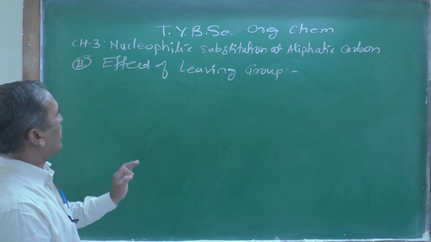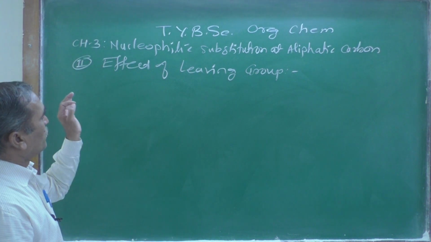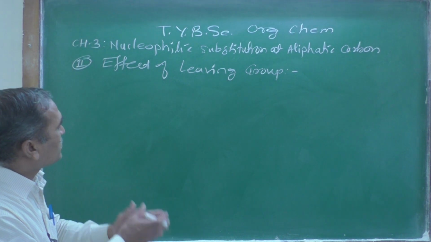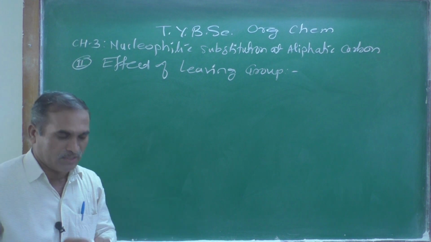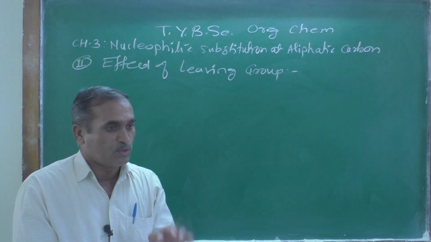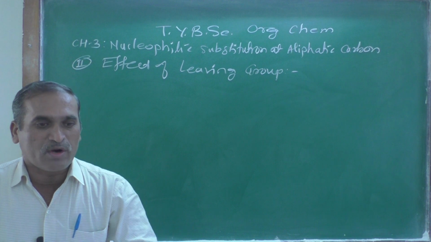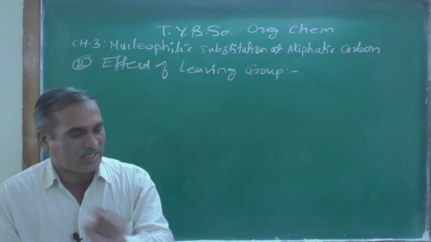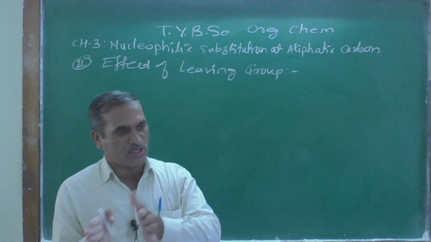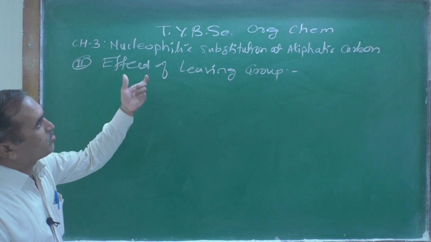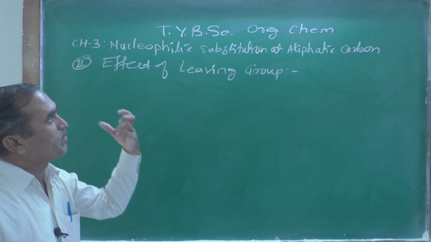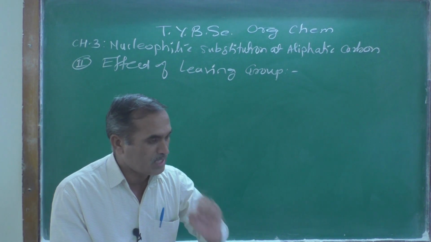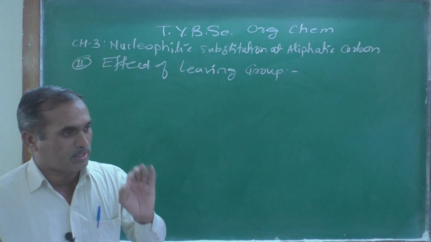Now let us look at the next factor, which is decided from knowing the nature of the leaving group. From that we can easily find out whether it is an SN1 mechanism or SN2 mechanism. And this is the effect of the nature of the leaving group. This is the point we are now discussing here. Remember,